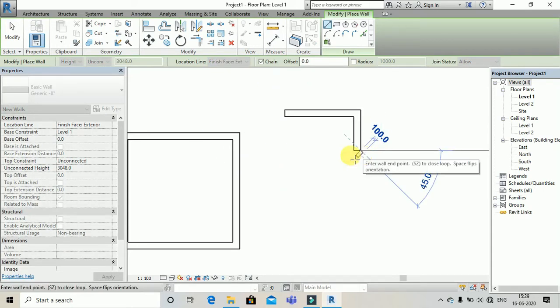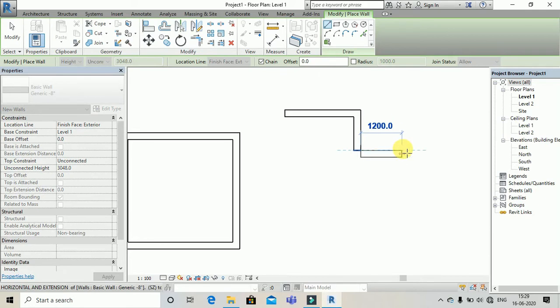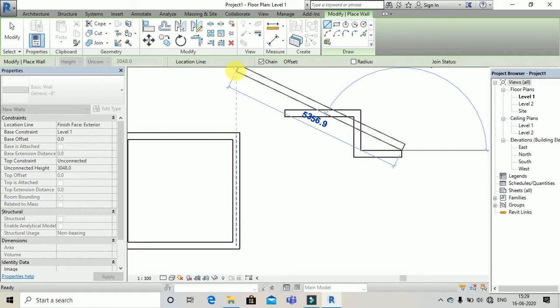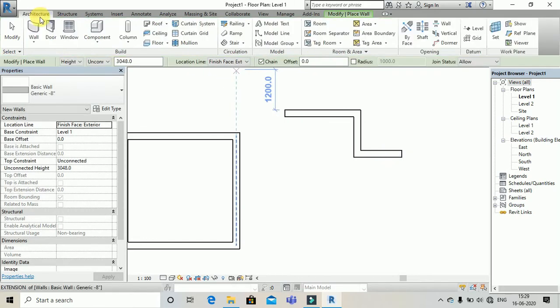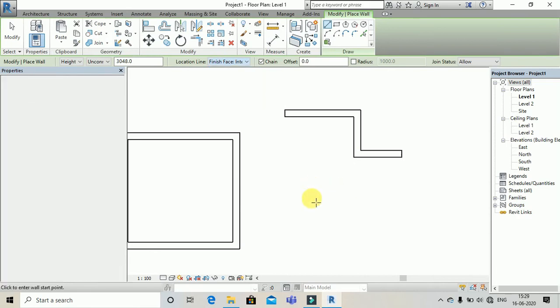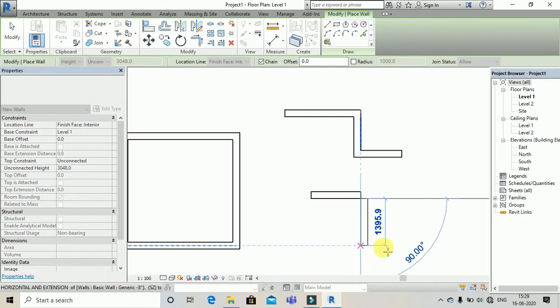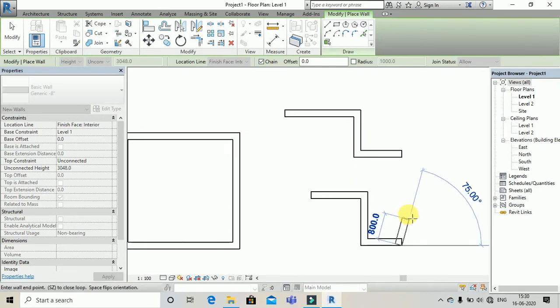When you change the location line to finish face exterior, you will see the location line showing not on the center line but on the finish side, the exterior side. Again, when you change it to finish face interior, the location line is showing on the interior side.